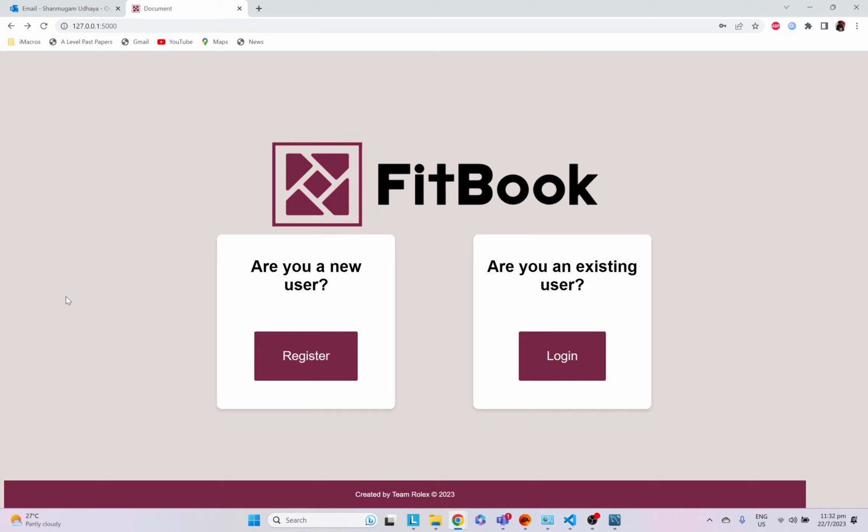Hi, welcome to our FitBook demonstration for Milestone 3, and this is our technical demonstration of all the features. We have implemented all of the features and we added CSS to them to make it a lot prettier than it was in Milestone 2. So we're going to go through the features one more time and we're going to start off with the authentication